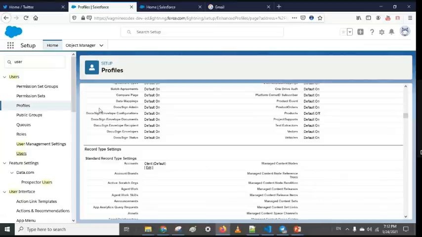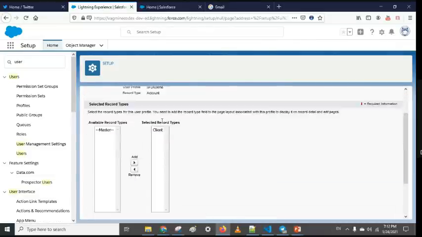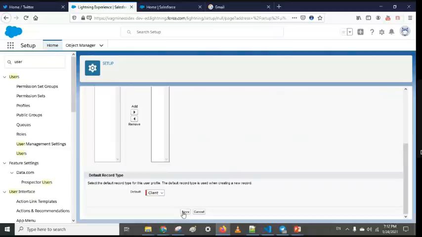Okay. Let's check. You have a profile. You are saying one account, any object. But I cannot, because we have only two users we can create.